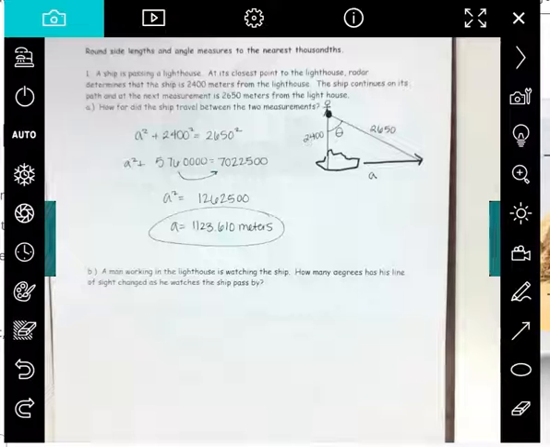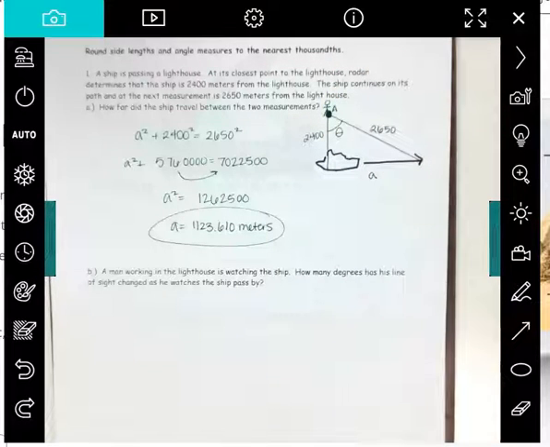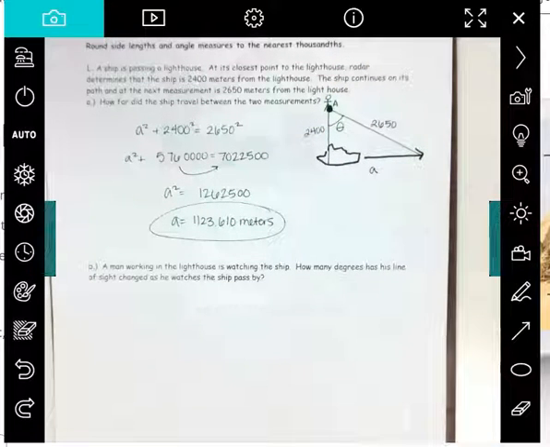Now, if this is side A, what should I label this corner? Big A. Okay, if you forgot that, it doesn't matter. But they should always be across from each other. So this is vertex A if it's across from side A. Now, when I do my trig, I want to pick the easiest numbers possible. So if this side is 1,123.610, and these are both whole numbers, I'm probably going to pick these two, right? Because then I can avoid all the fractions. So if I want this side and this side,